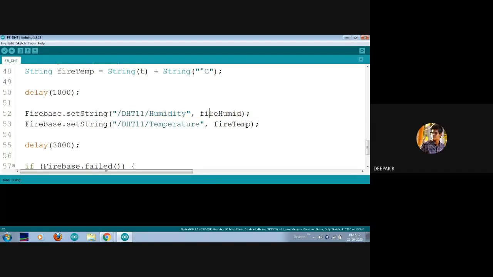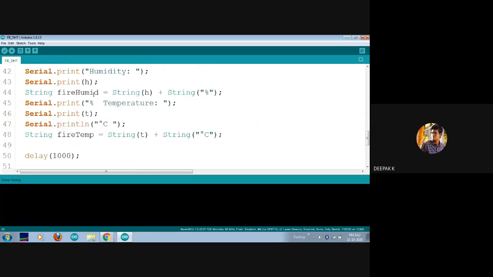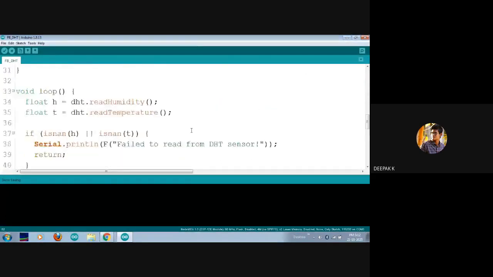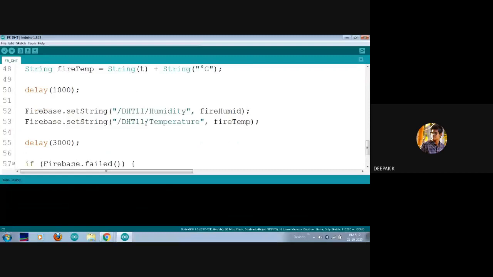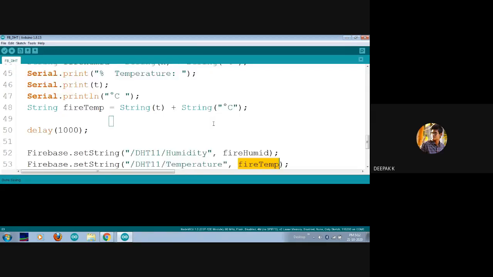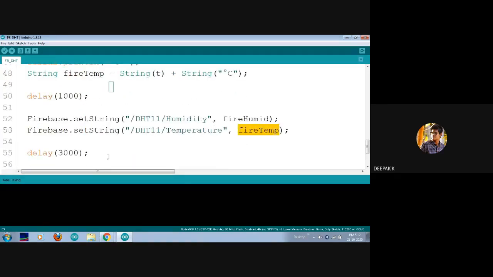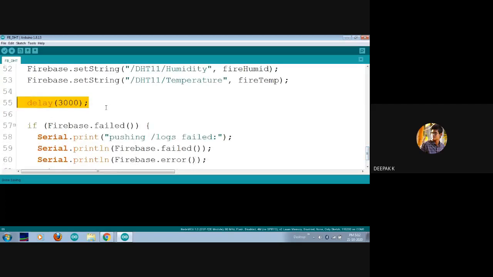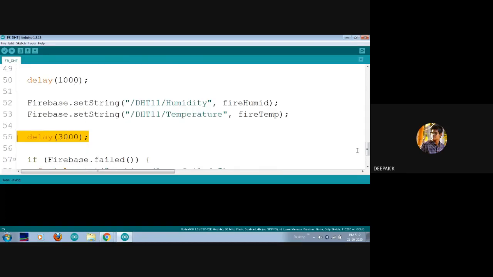Then I'm passing this particular variable, that is fire humidity, and similarly I'm passing my Firebase temperature that will be sent to my cloud. I'm giving a delay because settling this data into the cloud will take some time. So I'm giving 3 seconds, in total a 4 second delay has been given.